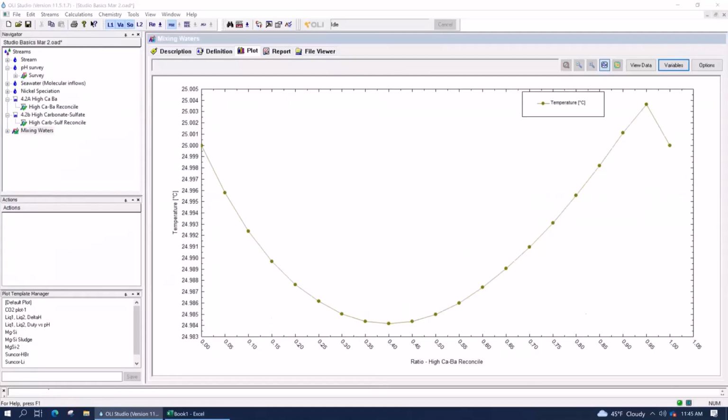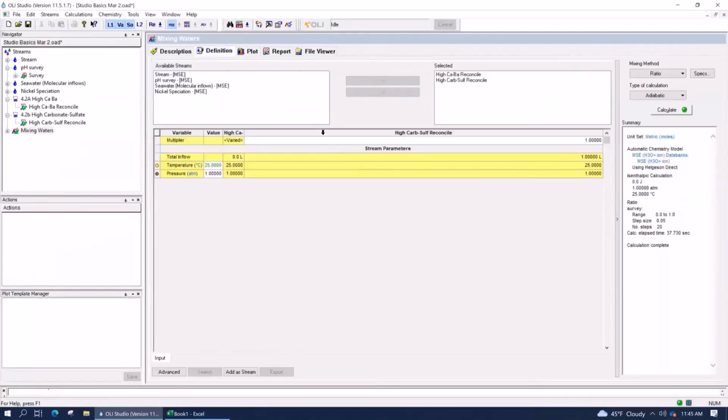All right, I'm going to stop there, because I threw a lot at you in the last half hour in terms of all these little feature functions with the water analysis and then the mixer. But I didn't really cover everything that these tools can do. So I want to stop and ask, which one of these tools, whether it's a single point calculation, the survey, the water analysis, or the mixer, do you see yourself using the most? We have 15 minutes left, so which ones do we want to focus on next? Which one do you feel least comfortable with, that you think you need to know more?